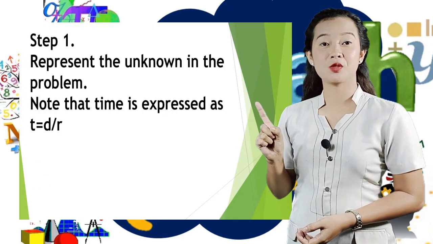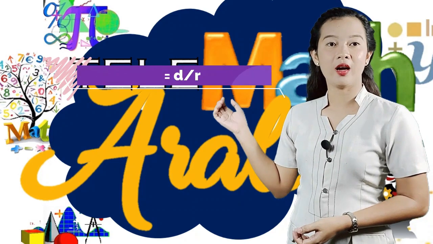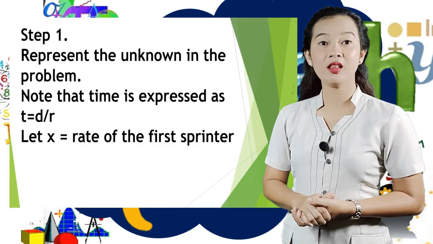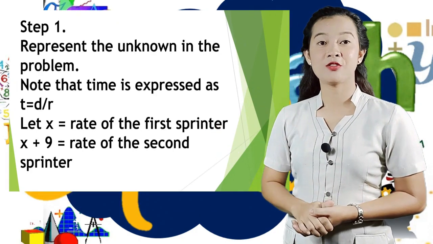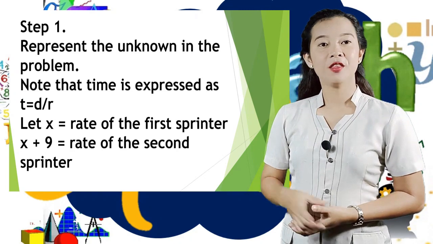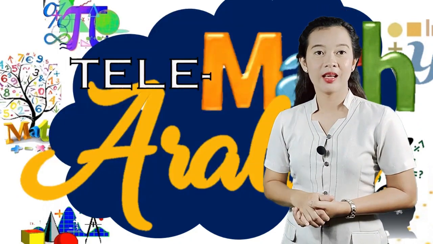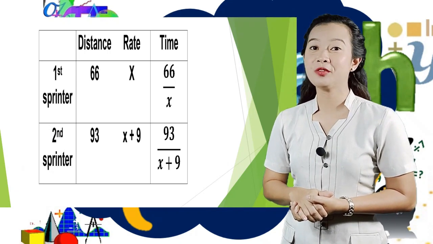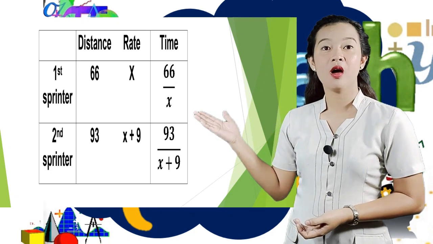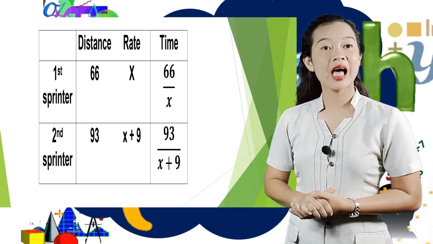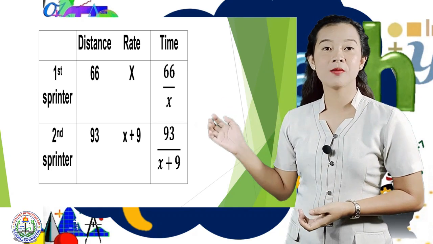Note that time is expressed as t equals d divided by r. Let x equal the rate of the first sprinter. x plus 9 equals the rate of the second sprinter. The first sprinter is slower than the second sprinter. The distance traveled by the first sprinter is 66. His rate is x. And to find the time of the first sprinter, time equals distance divided by rate equals